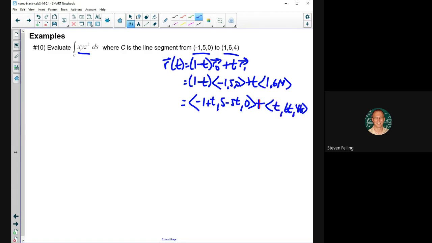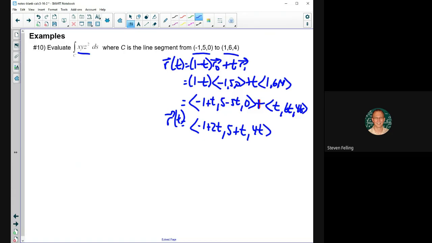And then finally, when I combine the x components together, I'd have negative 1 plus t plus another t, which is negative 1 plus 2t. Then I have 5 minus 5t plus 6t, a total of 5 plus 1t. And then 0 plus 4t. So here's my position vector. Okay, I need that